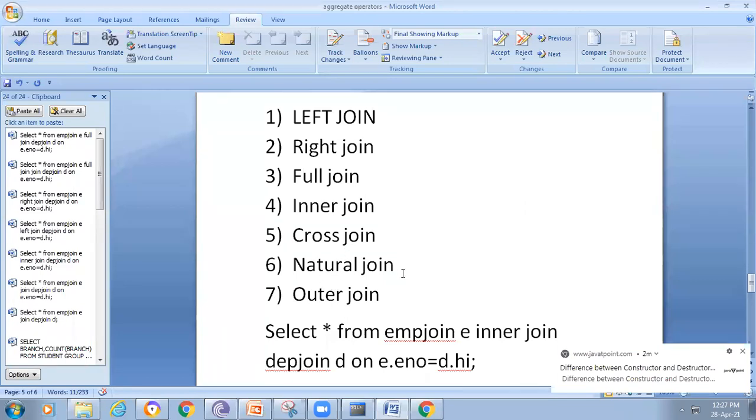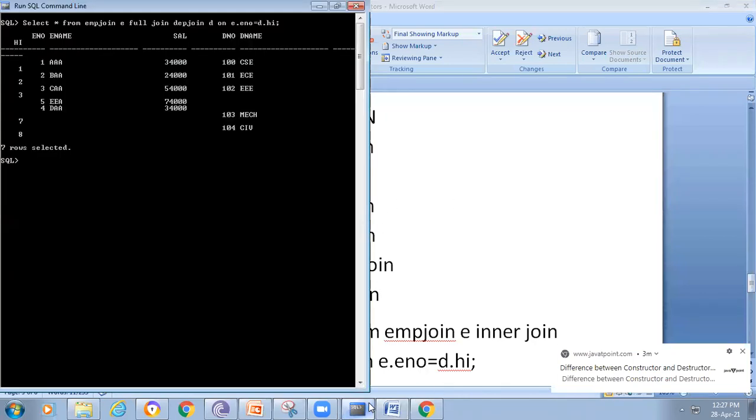The remaining joins we have already considered, and we will discuss them in the next class. Up to now we discussed only left join, right join, full join, and inner join. We'll discuss the rest in the next class.